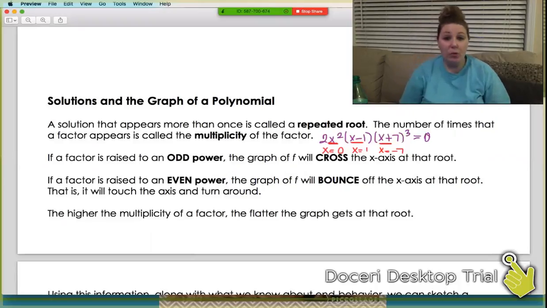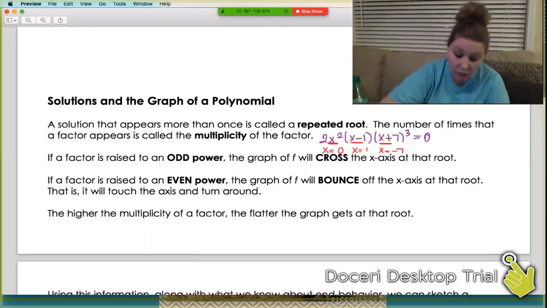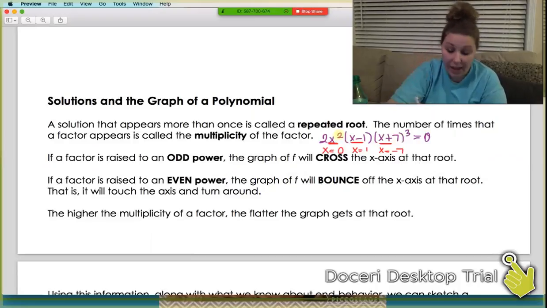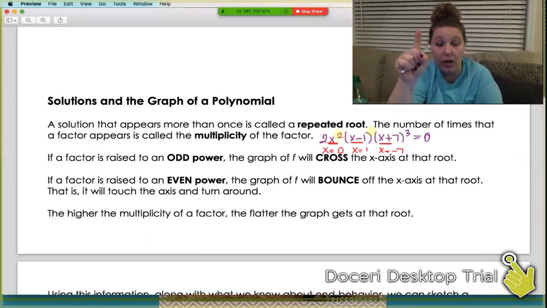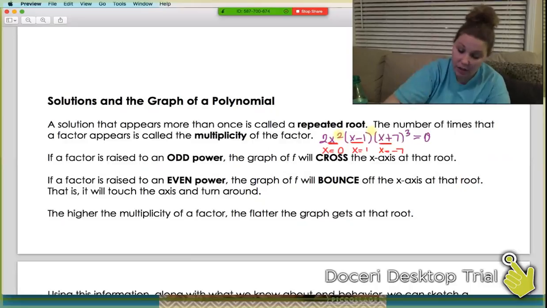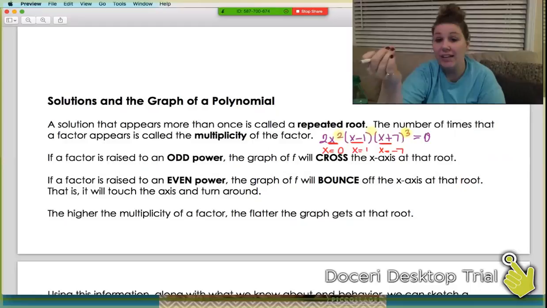To find the multiplicity of each of those roots, we look at the factor that they came from, and we look at the exponent. So this 0 came from an x squared term, so that 0 solution has a multiplicity of 2. X minus 1, that doesn't have an exponent, that means it's to the first power, so the solution x equals 1 has a multiplicity of 1. And then -7 comes from a factor that has a degree of 3,